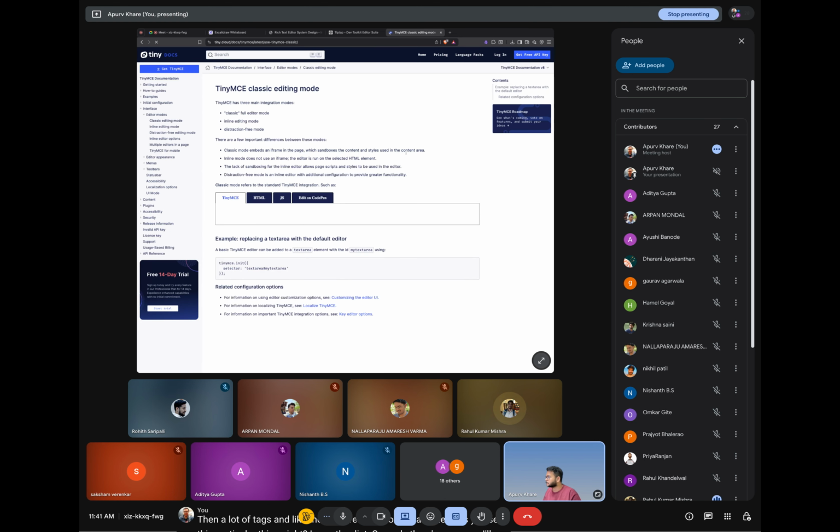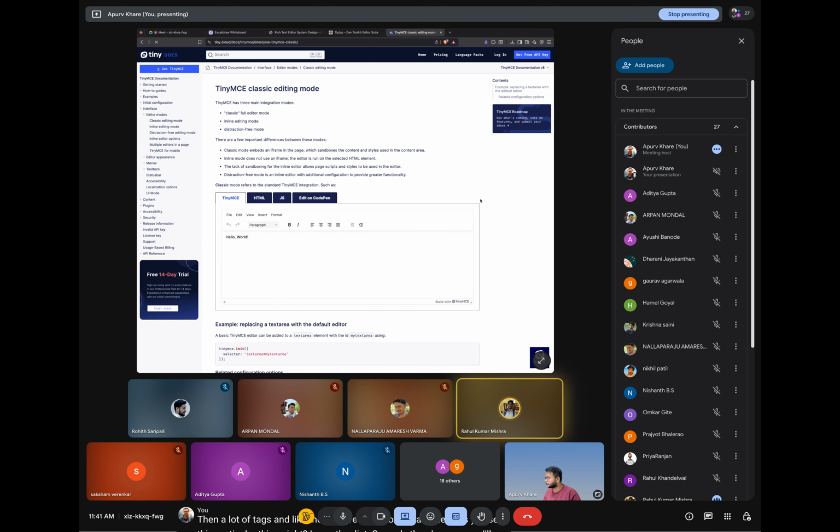Is there any specific reason that Google stays with Canvas API to implement the editors? Yeah, because they want a consistent experience across different browsers and different devices. People use it on phones, people use it on tabs, people use it on various browsers and stuff. Because at their scale, they want consistency to be there. So that is one of the reasons that I think that they do that. But if you want to learn more,